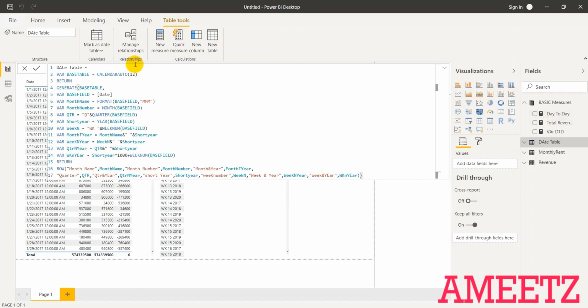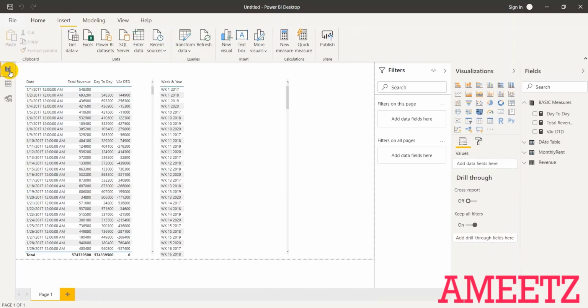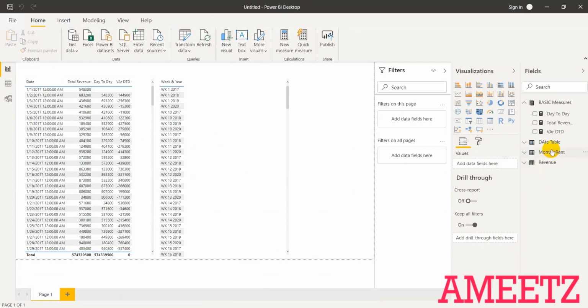Now let me go to the date table to show you how that column appears. Now this is the column and this is the value. Now I'm using this column to sort this column so that you will get the visualization with proper week numbers, week 1, week 2 of 2017, etc. So let me unselect everything and then let me select the date table.